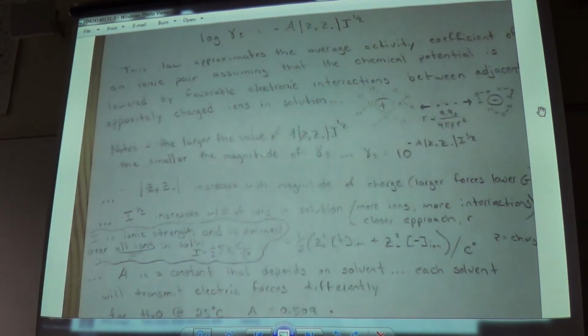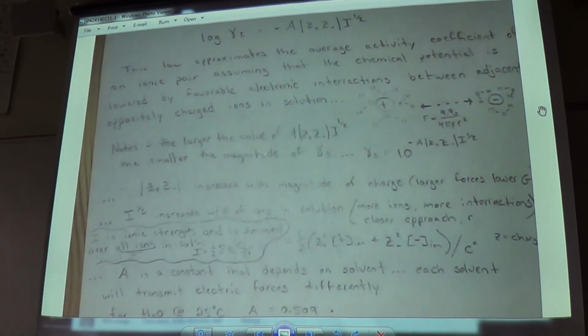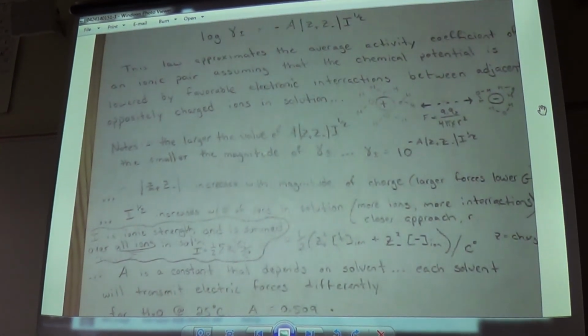But we said that eventually you get so many ions around you that there are other effects in that solution that make it unfavorable to have an ion in solution. The way that I drew that for you was a graph of chemical potential versus concentration of the ions. And I said that the chemical potential lowers from some initial value as you begin increasing the concentration of ions, but then as you get